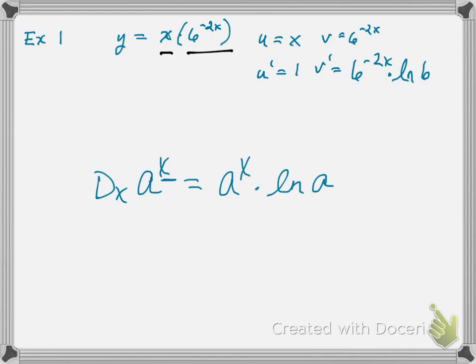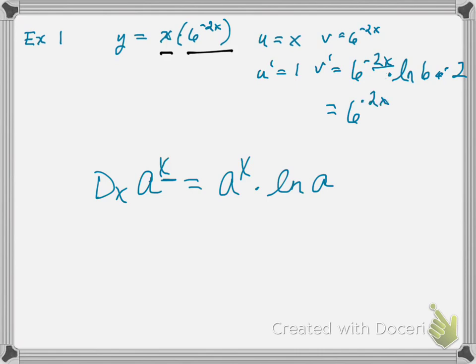And because this is more complicated than just an x, I have to multiply times the derivative of that. And the derivative of that would simply be negative 2. So if I simplify that, really, I can't take this negative 2 times any of this, so that's just all my v prime. I have an ln 6, a negative 2, and this. I could put the negative 2 in front of the ln 6, I guess, so that it reads like this,